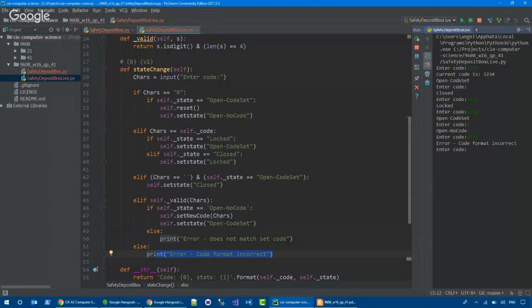Let me try to now enter another code. Let's say I do 1111. Right now I am in the open code set state. Okay, I need to close the box. So I'm in the closed box. But if I try to now enter another one, 2222, I get the error: the code does not match the set code. There's no match with the set code